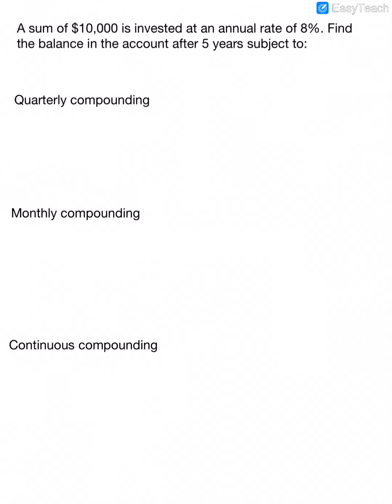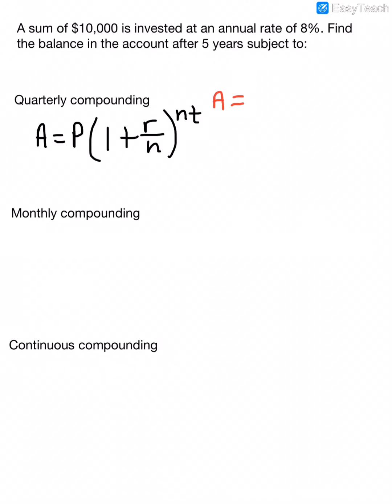All right, so I'm going to write out the formula so we can follow it. A is going to stay A because that's what we're looking for. We want to know what the amount in the account is after we compute the compounding. But P, the amount that we start with, our principal, is $10,000